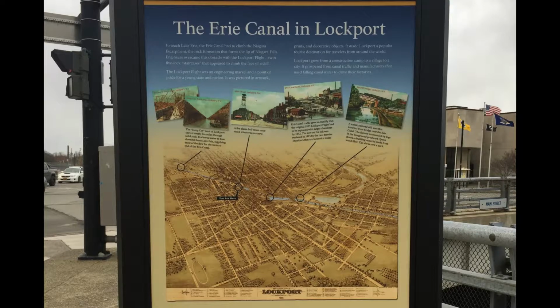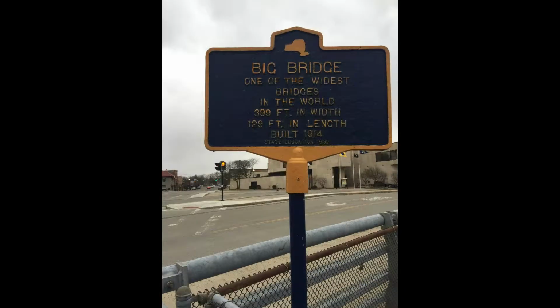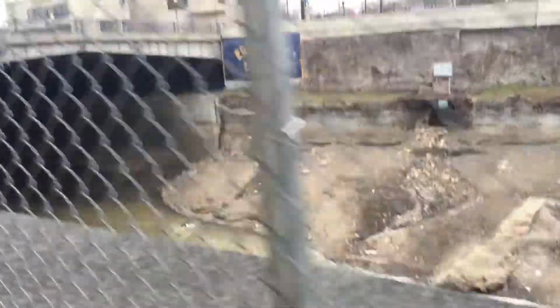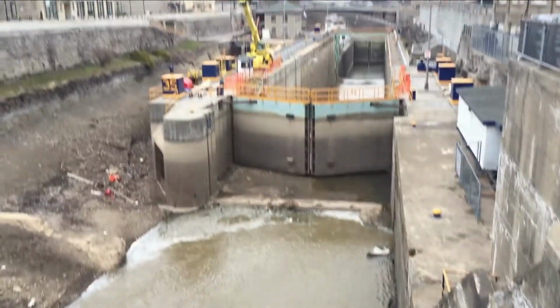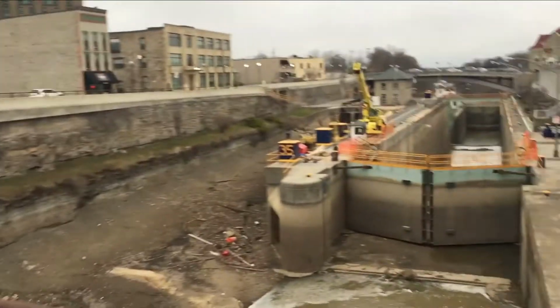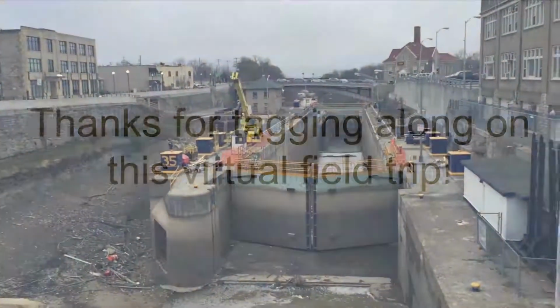Because of the Erie Canal, passengers and cargo were able to travel from Buffalo to Albany and vice versa in less than half the time, 5 days by boat as opposed to 2 weeks by stagecoach. This also gave Midwestern farmers, loggers, miners, and manufacturers access to markets hundreds of miles away. In addition to the benefits regarding the transportation of goods, it opened the area to settlement, bringing an influx of people and a new flow of